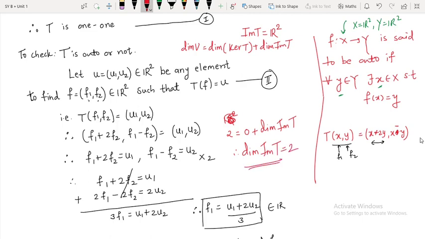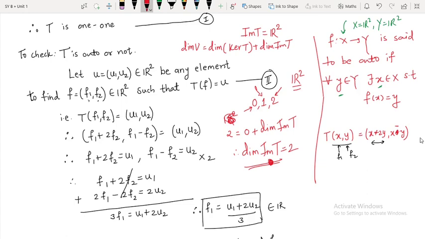Okay, now see, once we talk about R2, we already know that this image of T is a subspace of R2 because the codomain is also R2. So what are the possible dimensions of image of T? Either it will be 0, or 1, or 2. If the dimension of image of T is 0, then we say that it is singleton 0. If it is 1, it is a line passing through the origin, and if it is 2, then what is it?